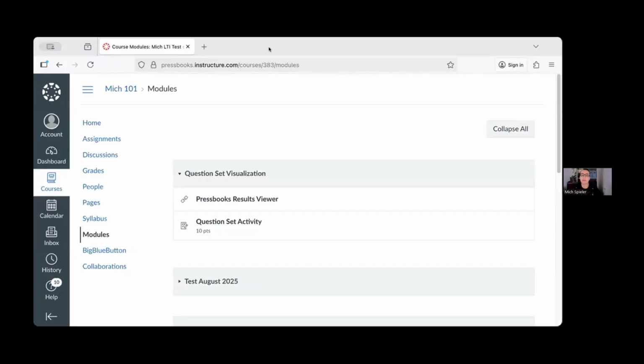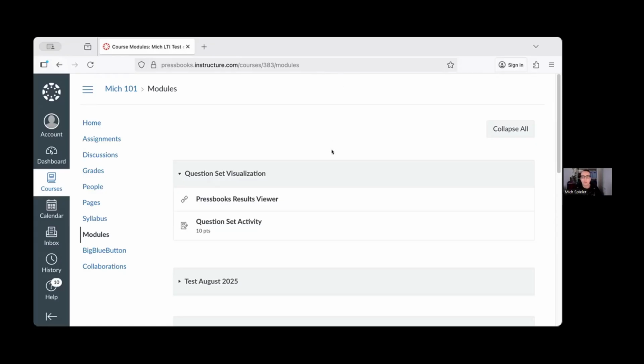Thank you, Steele. So let me share my screen here. Just a second to have the correct window. So up to now, we have offered visualization for a handful of activity types: drag the words, essay, fill in the blanks, multiple choice, and true and false. And as Steele mentioned, we've just added the visualization for the results of the first multi-part activity type, which is